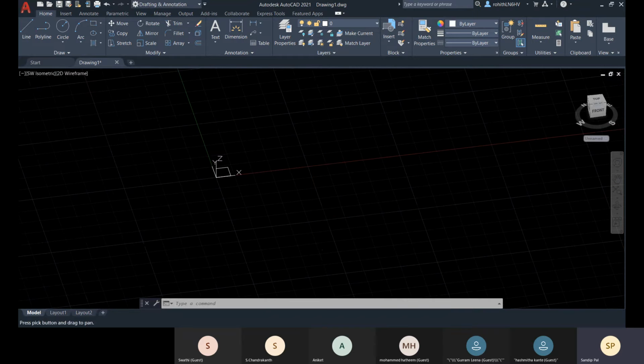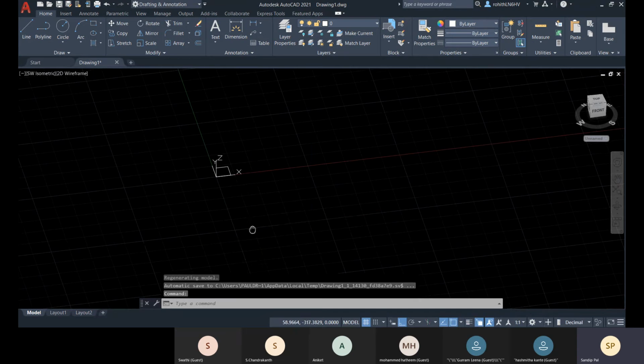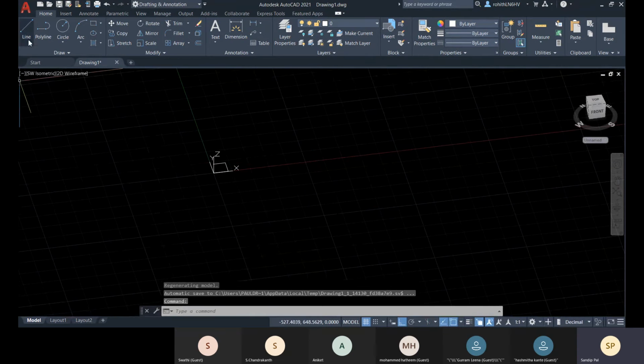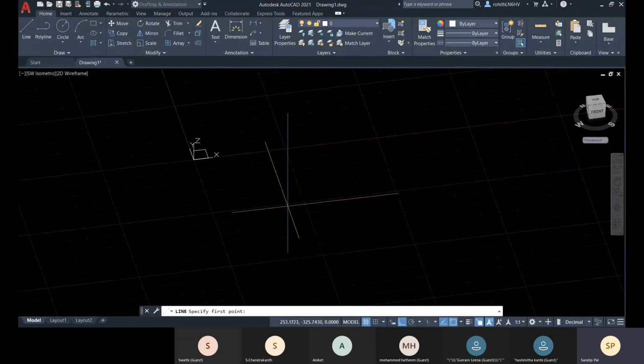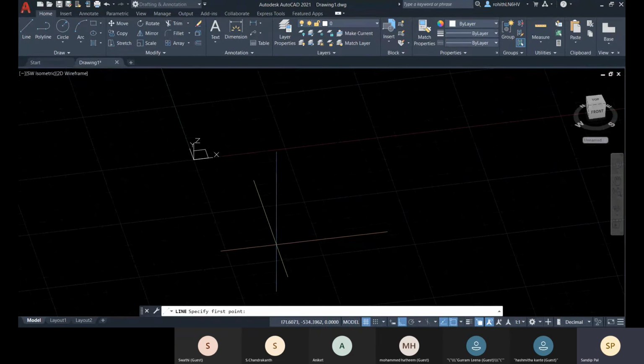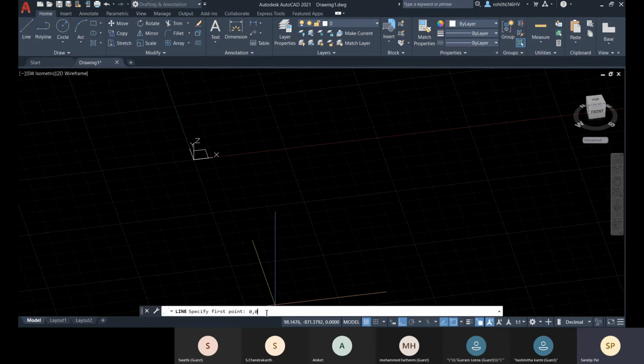For that, go with the line option, and within this line you choose your first point, that is 0 comma 0. But if I press 0 comma 0, it will take it as per the UCS. You remember, let me show you again. 0 comma 0, enter.